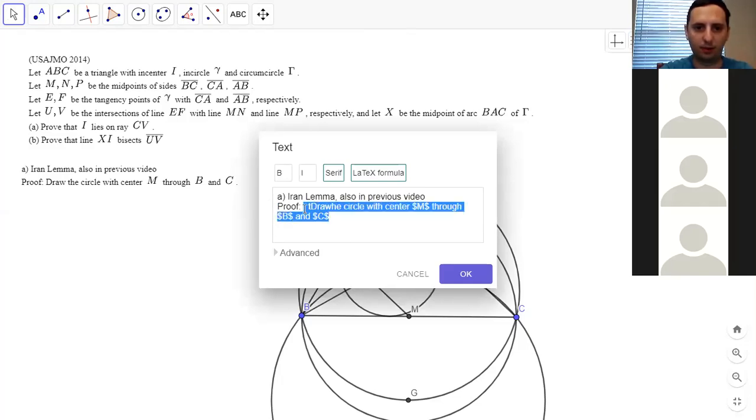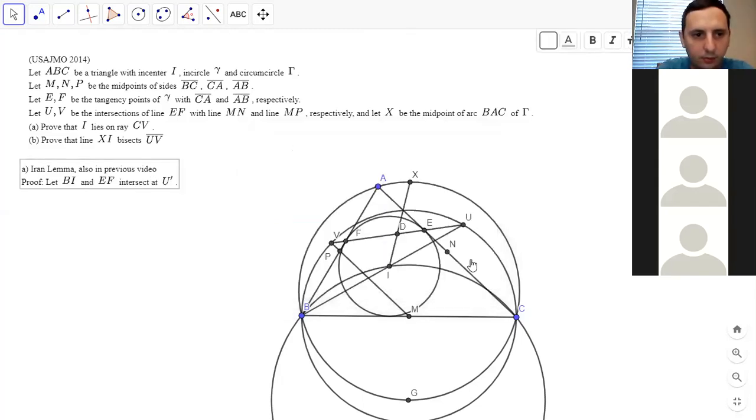Then we can show that U prime EIC is cyclic, and we will prove that by proving that